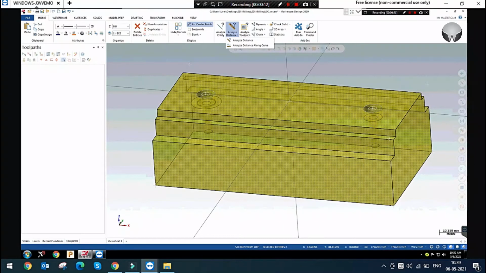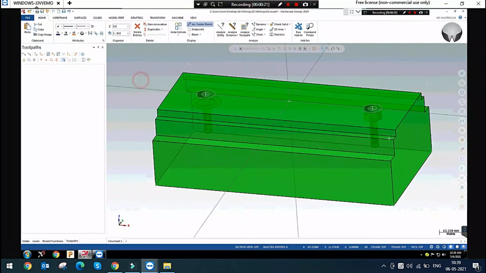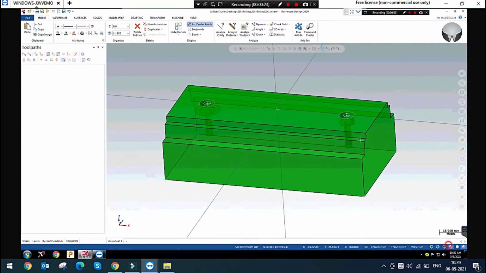Analyze distance and analyze distance another, right? Analyze distance, you can analyze the distance of the entity.